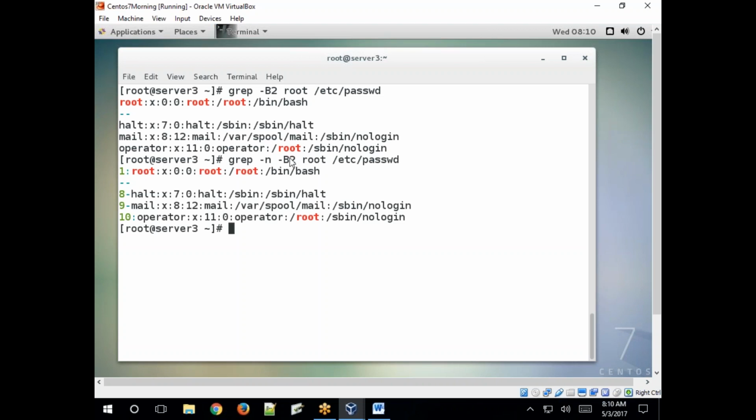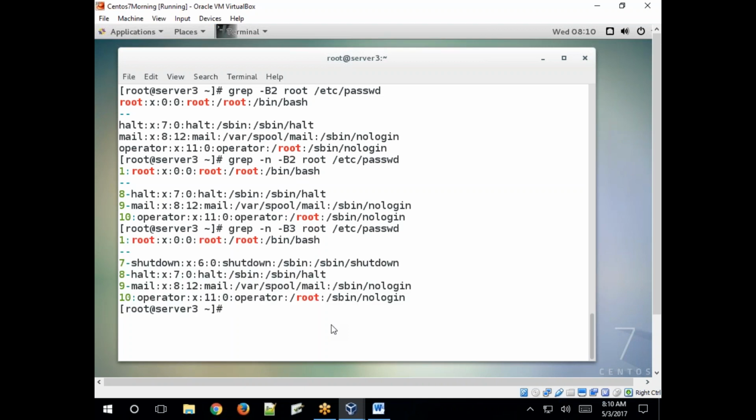So here -B means before 2 lines. If you specify 5, then it will return 5 lines before the matched pattern line. See, if you specify 3, then it returns 3 lines before the matched pattern line.